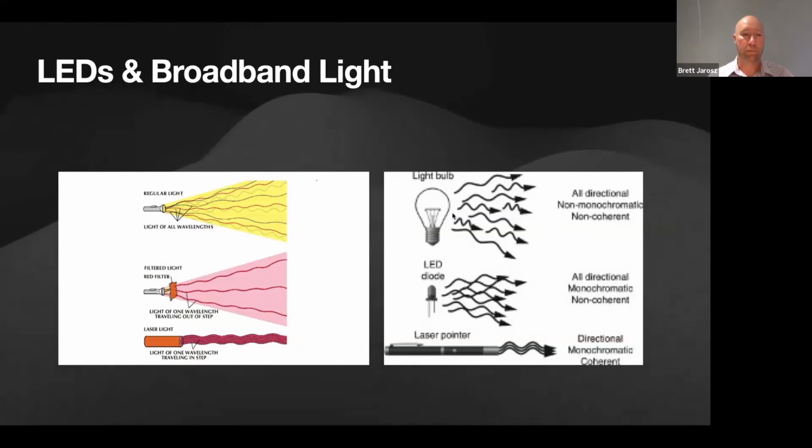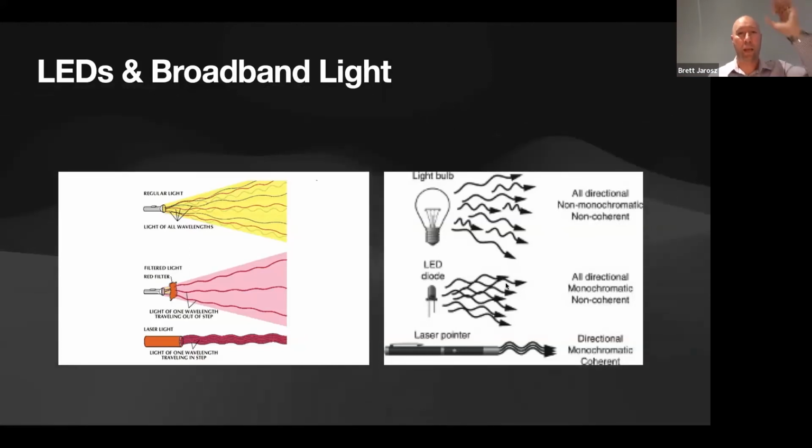Okay, now break that down. What does it mean a little bit more? We come to an LED. LED comes out in all different directions, just like the LEDs we're putting in our roofs now. So it's all directions again, but LEDs come out in that single wavelength that's monochromatic,